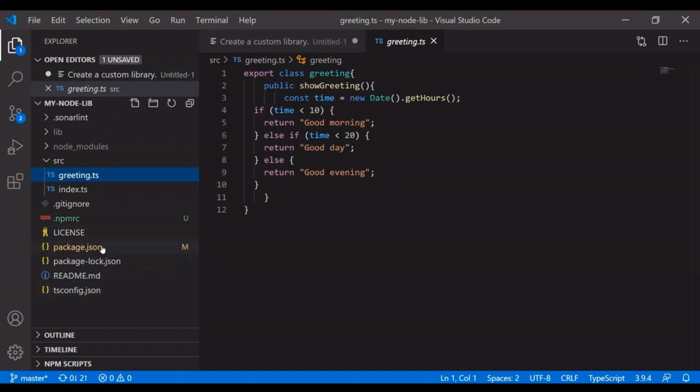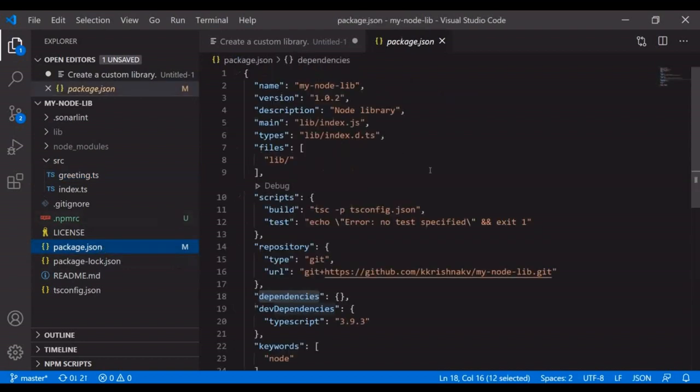Let's map the folders in the package.json. We have to inform which is our main file, because we don't want to upload the entire project to our private repository. We just want the library information of the build source. So we have to mention the main as we have targeted with the lib folder, lib/index.js, and the types is used for the typings in TypeScript. Let's map that information, and I have added the build script, tsc -p tsconfig.json. Let's build our project.